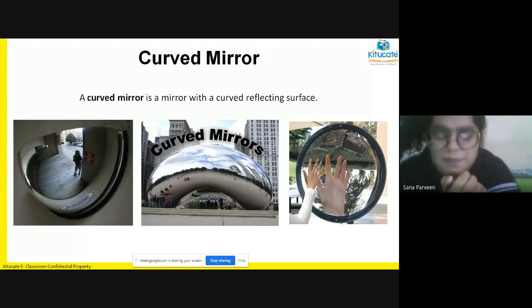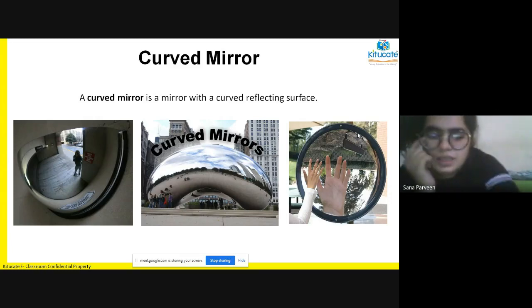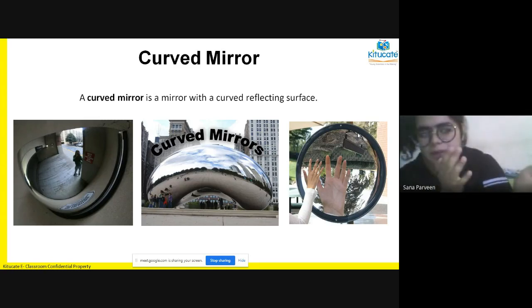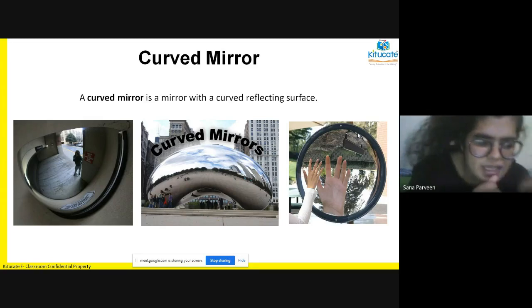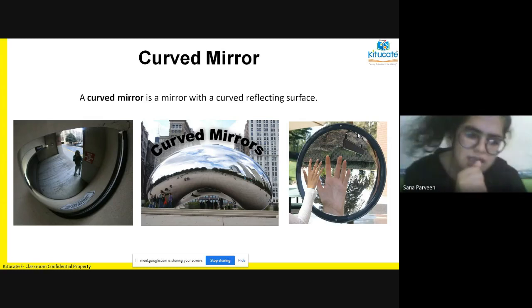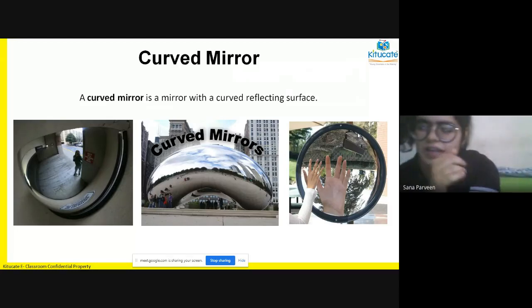As you can see in the diagram, there are curves present everywhere. Depending upon the curve, the portion which is going downwards, you can see people standing there, it looks like a cave, so that is called a concave mirror. But on the top, where the curved mirror is written, it is bulging outwards. That is called a convex mirror. On the left-hand side, where a person is standing and clicking a photo, that is bulging outwards, so it is a convex mirror. And on the right-hand side you can see a hand which appears in a very big form. That is a concave mirror.